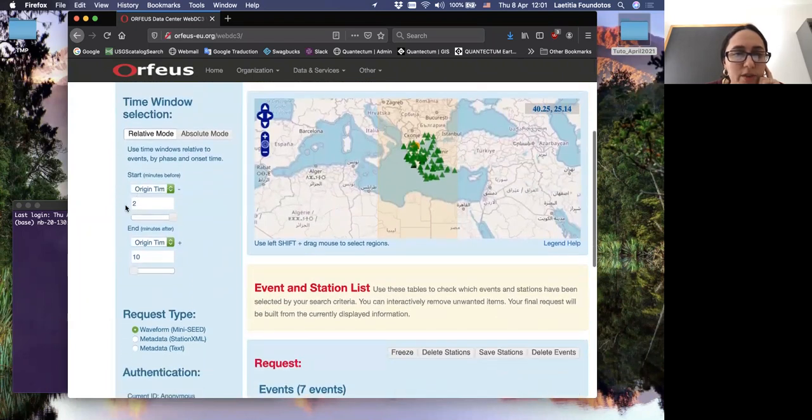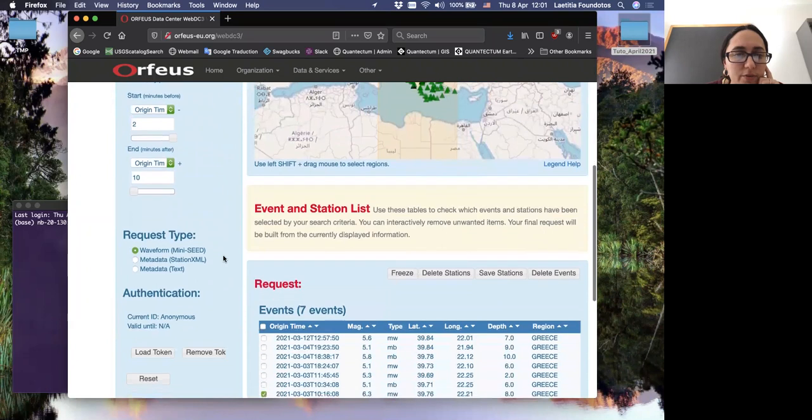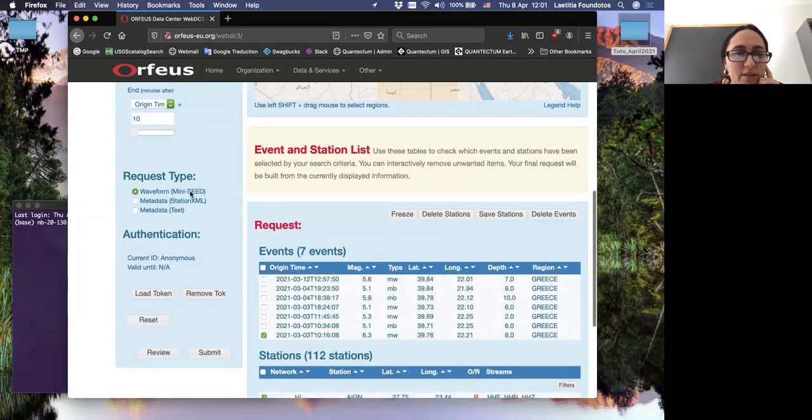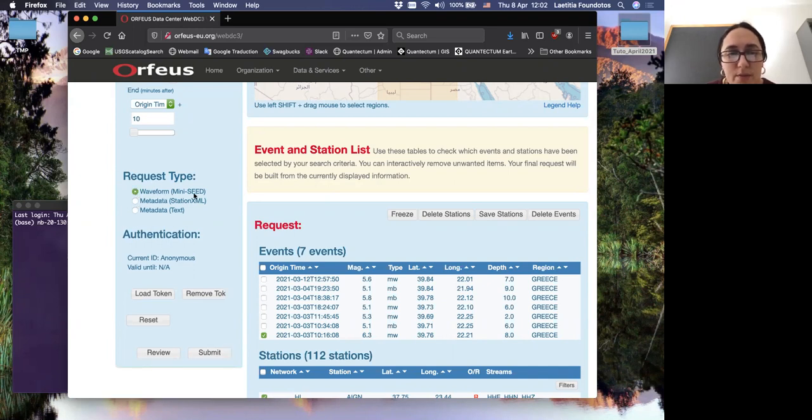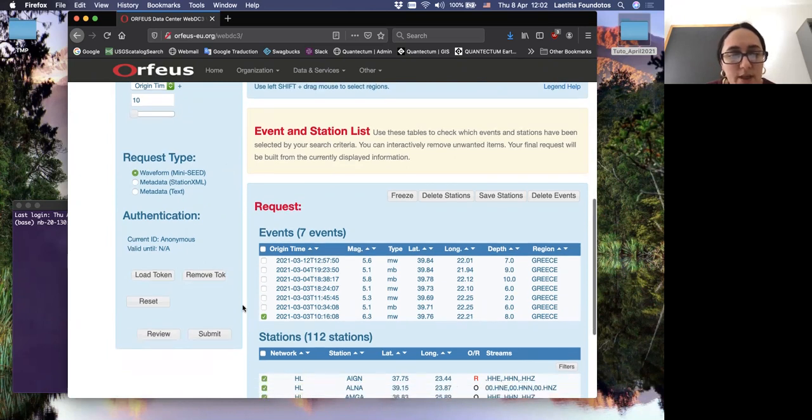So you can put origin time, end of origin time, and then you can select different formats. Because you may want to have the seismogram, so waveforms, the format will be miniseed. Or maybe you just want information about the station. If you want only information about stations, just select this one. But here I want to have the seismograms. So let me select this one, and then I can submit my